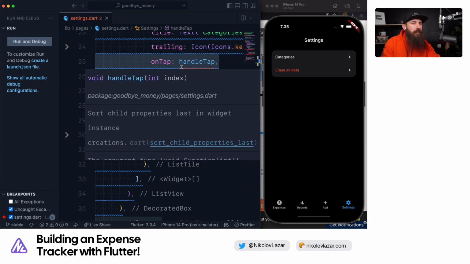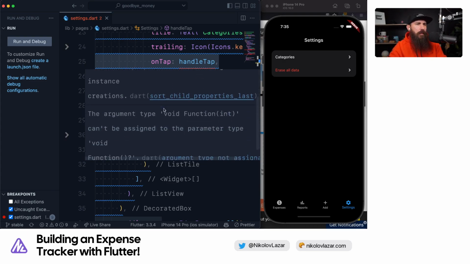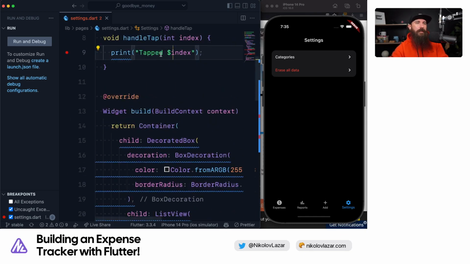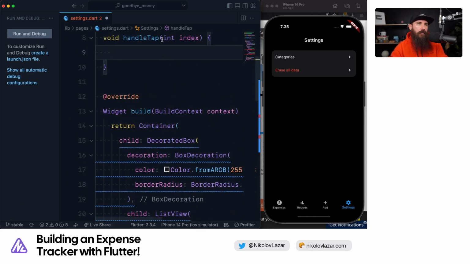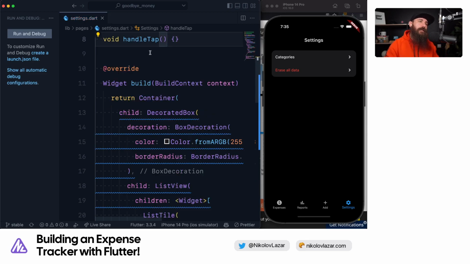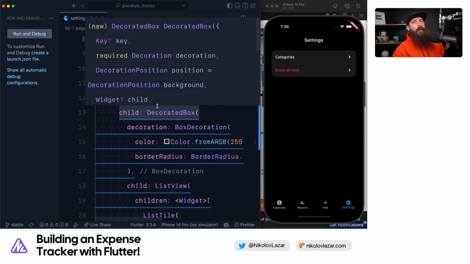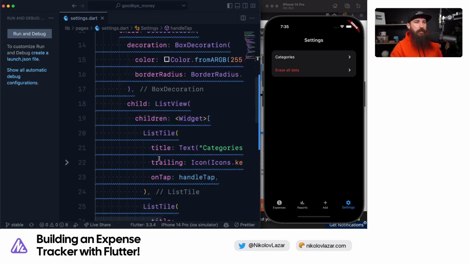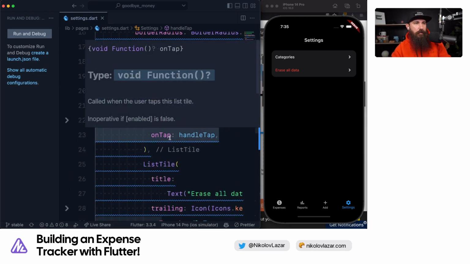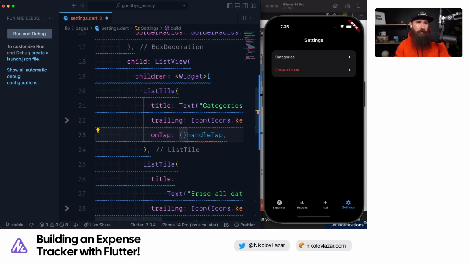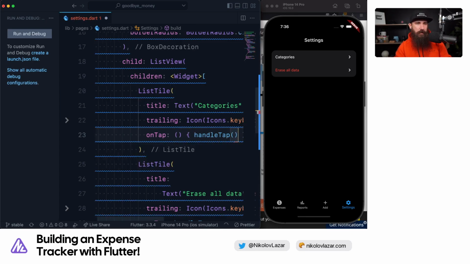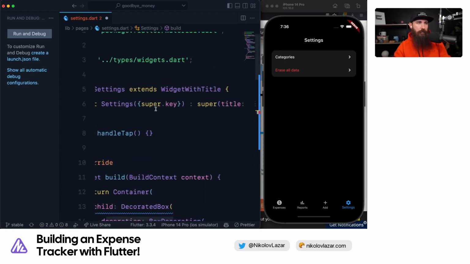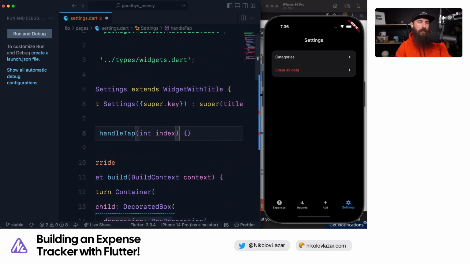Oh, wait a minute. Argument cannot be assigned to void. Yeah, it's a void. We can't actually do this. We need a way to invoke handle tap with, so maybe like an anonymous function. Maybe that would work. Like the on tap would be calling handle tab with like 0 and like bring back the index